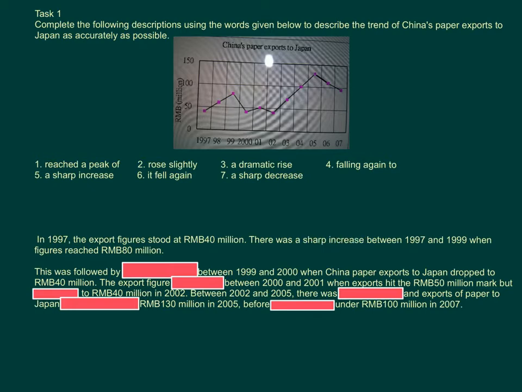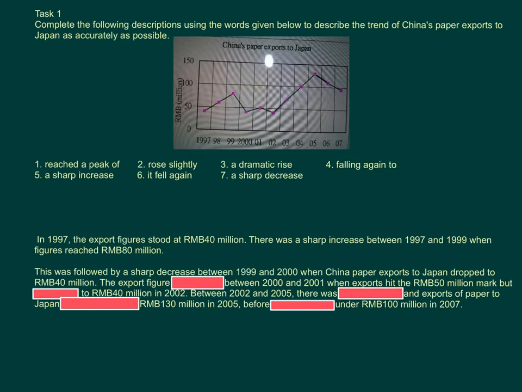There was a sharp increase between 1997 and 1999, when figures reached renminbi 80 million. This was followed by a sharp decrease between 1999 and 2000, when China paper exports to Japan dropped to renminbi